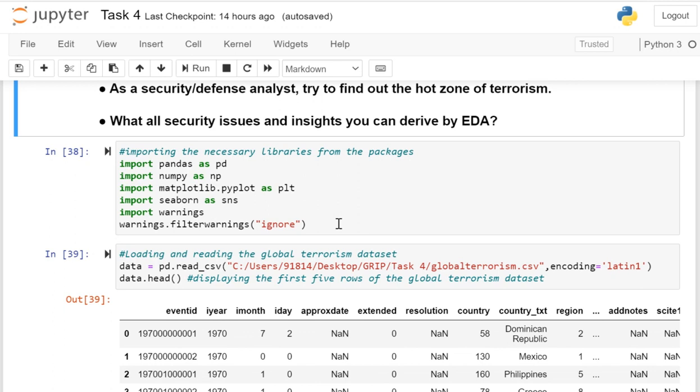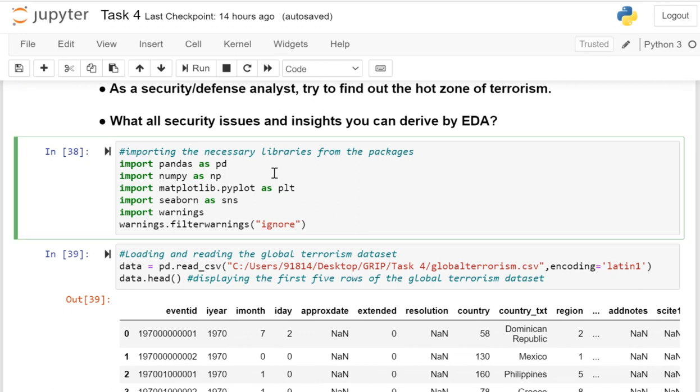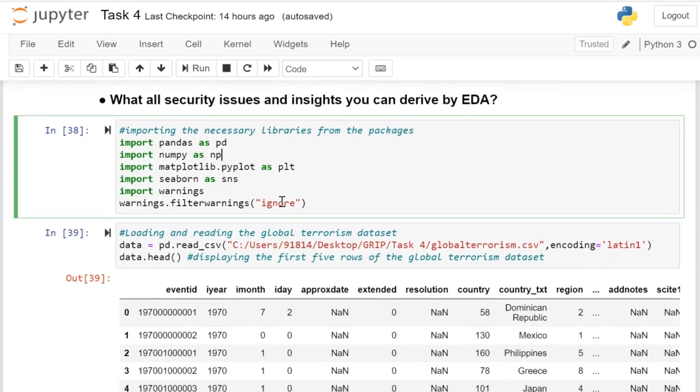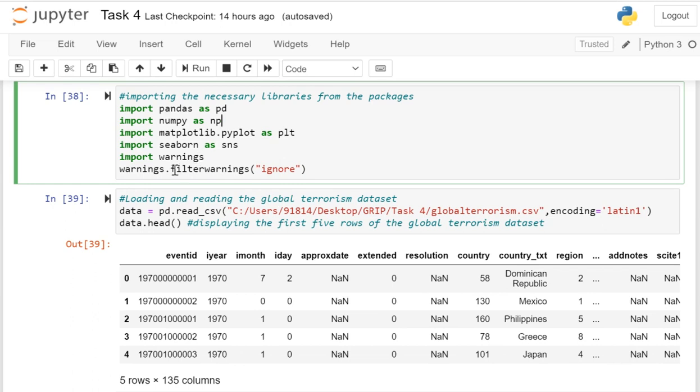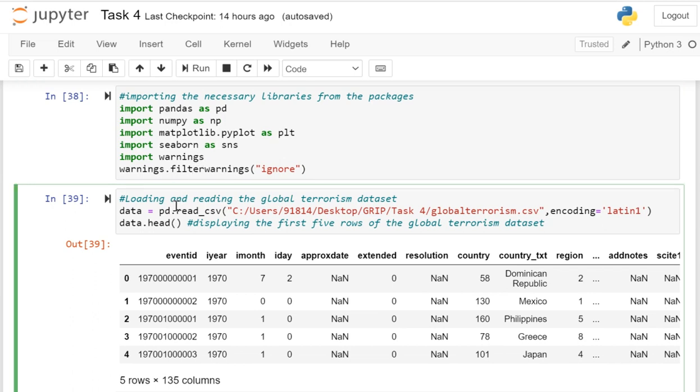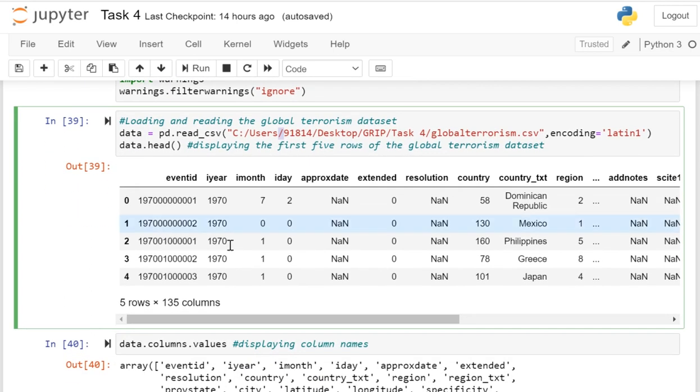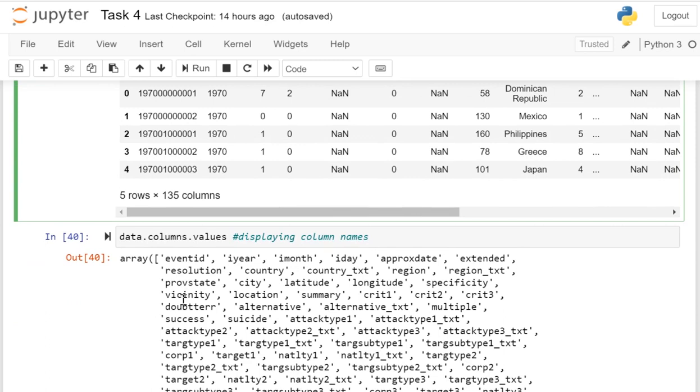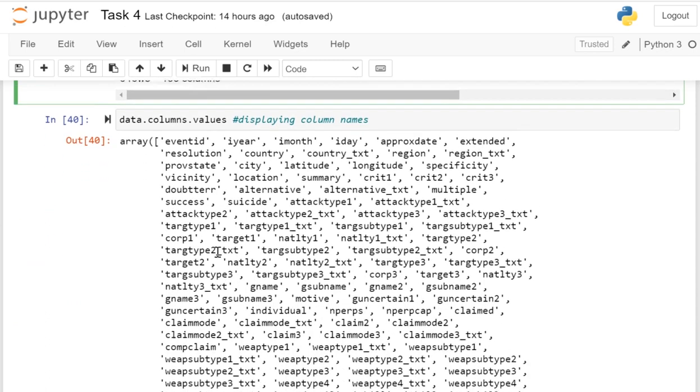So here we are going to import the necessary libraries from the packages, as shown in the code here. Next we are going to load and read the Global Terrorism dataset from the CSV globalterrorism.csv, and display the first 5 rows of the dataset. It has 5 rows and 135 columns. So we are displaying the column names over here